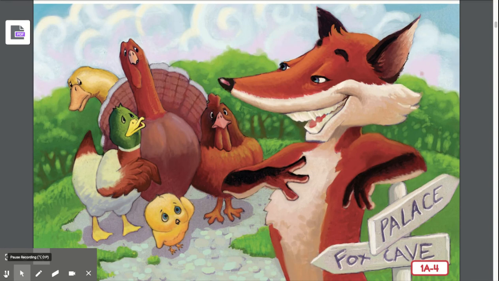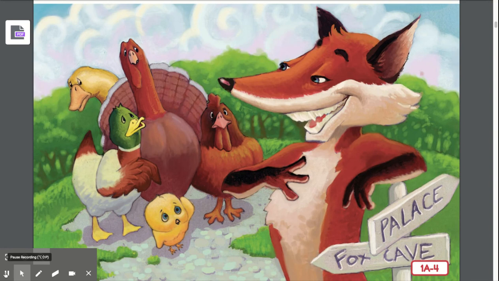Did a piece of the sky really fall on Chicken Little's head? Did you tell me no? If you did, you were correct. What did fall on Chicken Little's head? Did you say the word acorn? If you did, you were listening to the details in the story. An acorn fell on Chicken Little's head.